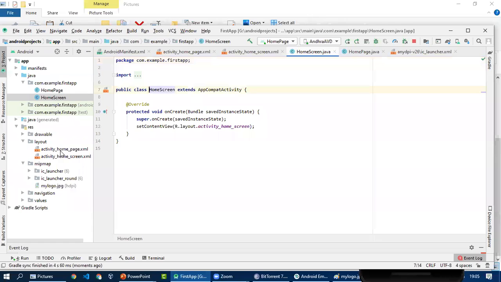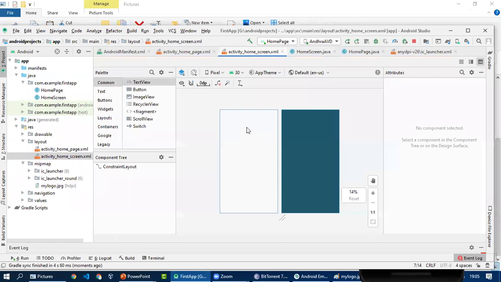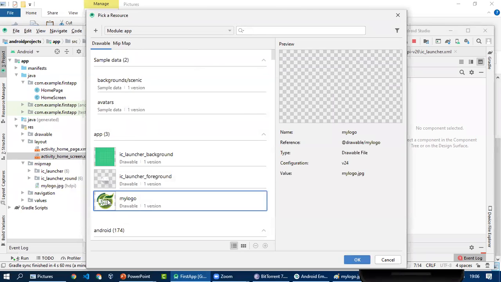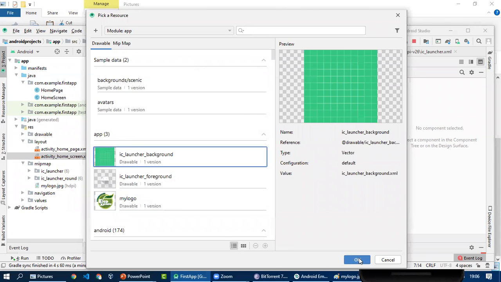For home screen, the associated page is this. So we want a button, and you can say that ImageView, where we put various images. Suppose we want to import this.